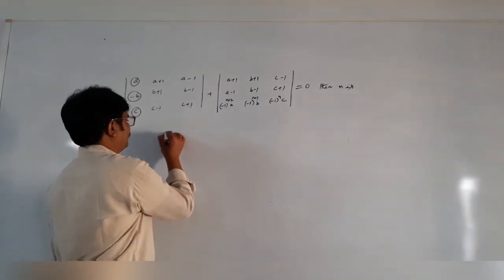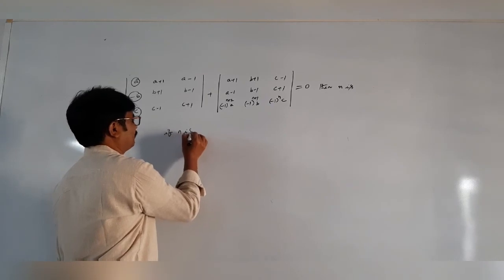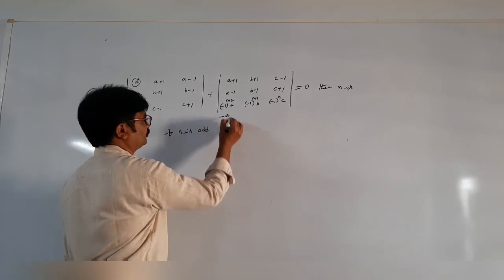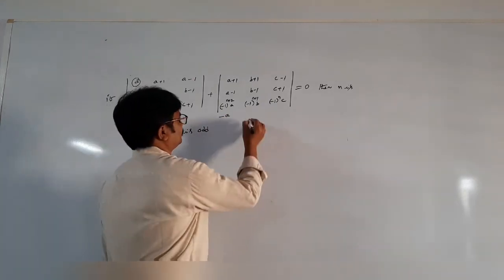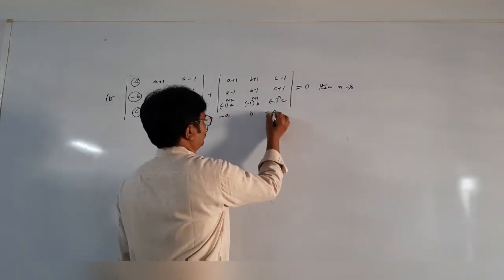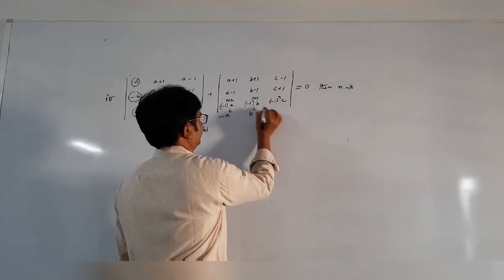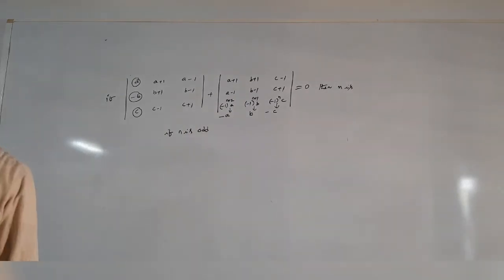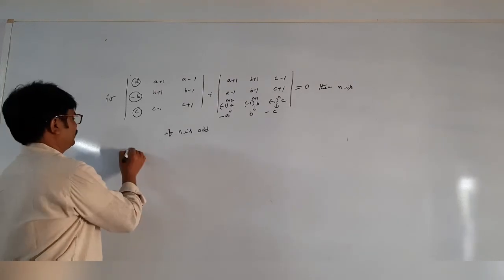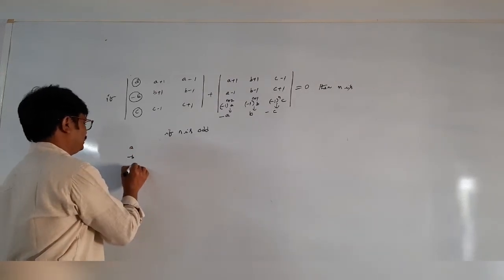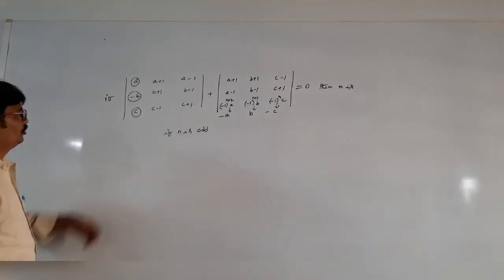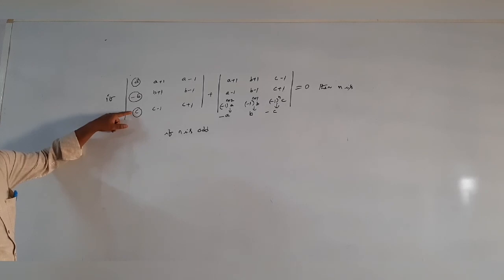When n is odd, undoubtedly it will be minus a, after that plus b, plus b. After that, this will come here. So after that, we take the minus as common. Therefore, this is minus a, minus b, c. Just you can transfer it. So what is the transfer? That a equal to that a transfer.